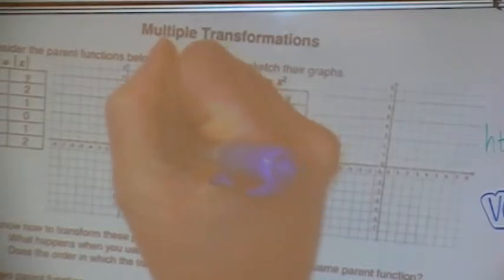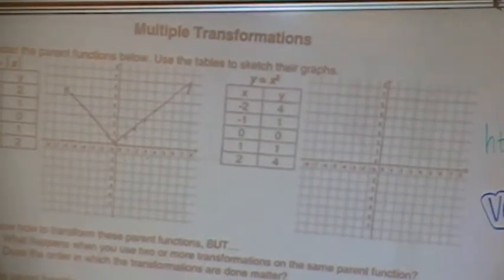Okay, so we're going to do some more transforming. It wants us to transform two of our parent functions. We're going to do the absolute value parent function. They gave you some points so you can go ahead and sketch it. It's just a sketch, so it doesn't have to be perfect. I'm a horrible sketcher, but